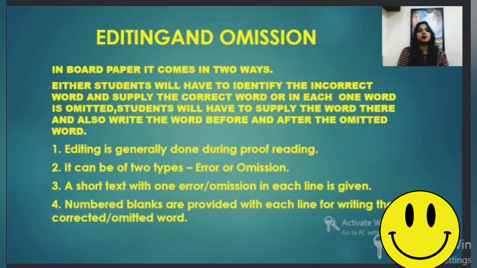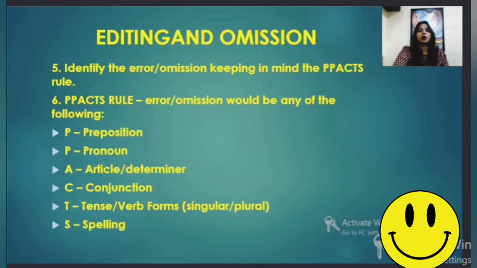Editing is generally done during proofreading. It can be of two types as we had already discussed, error or omission. A short text with one error or omission in each line is given. Numbered blanks are provided with each line for writing the corrected or omitted word. Identify the error or omission keeping in mind the